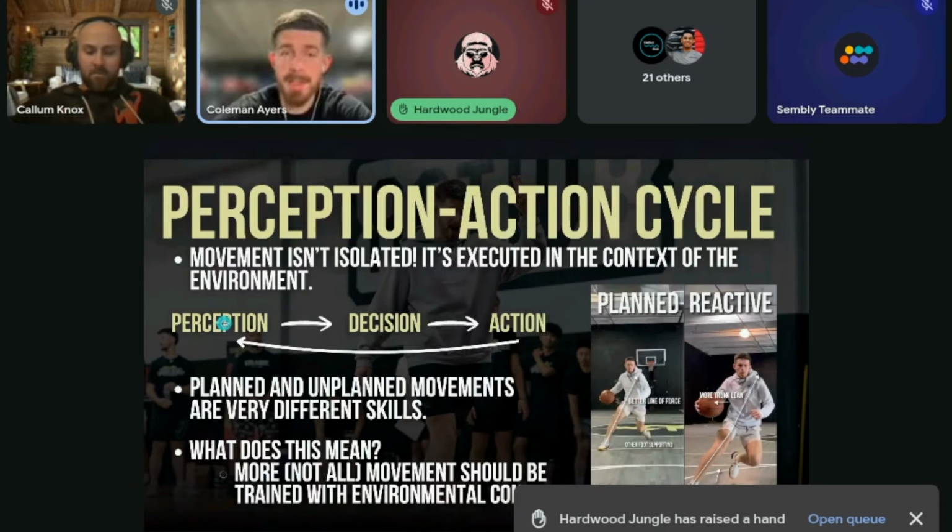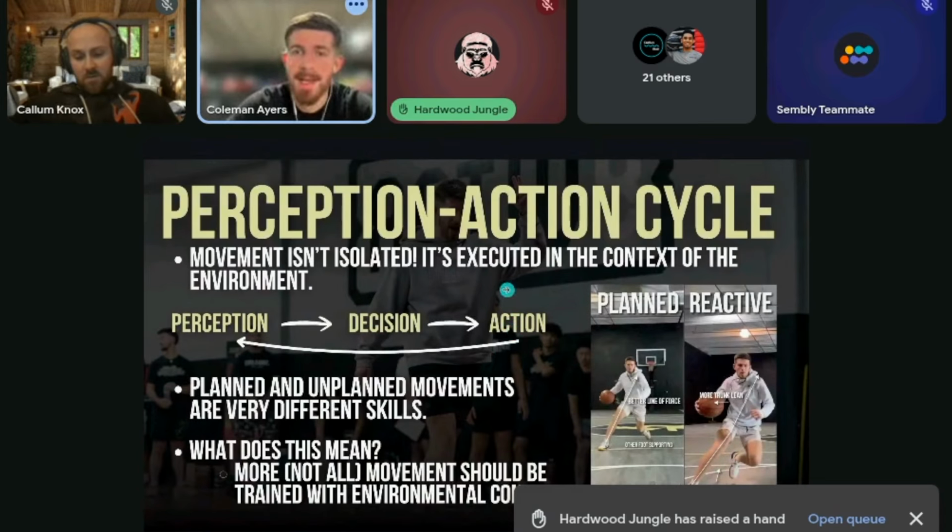So we have perception. Let's just imagine a player is dribbling up the floor and they've got a defender pressuring them. Cool. Perception is understanding where your initial defender is, where the help defense is, where your teammates are, understanding time and score, perceiving internally how you feel. Are you fatigued? Are you feeling like you're on a little bit of a heater and you're feeling good in rhythm? This is the perception, and this all has to happen in under a second, a half second, which we'll talk about. The decision is obviously choosing what to do, which is something that not only takes time, but takes up mental energy. And then the action is actually executing the action.